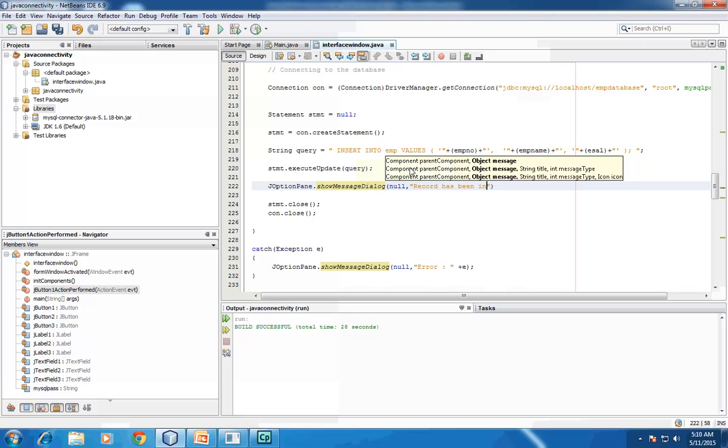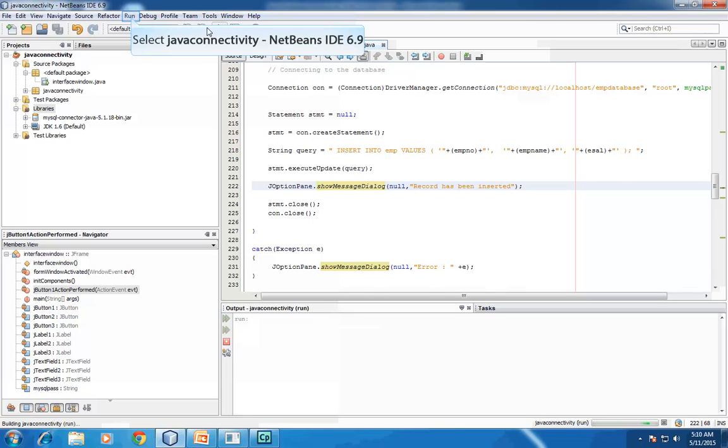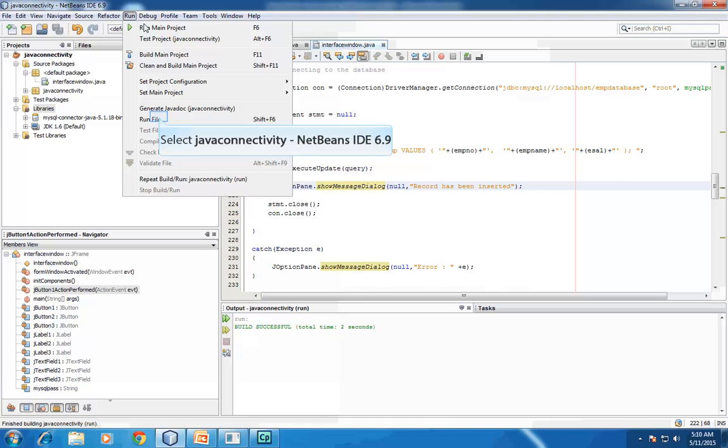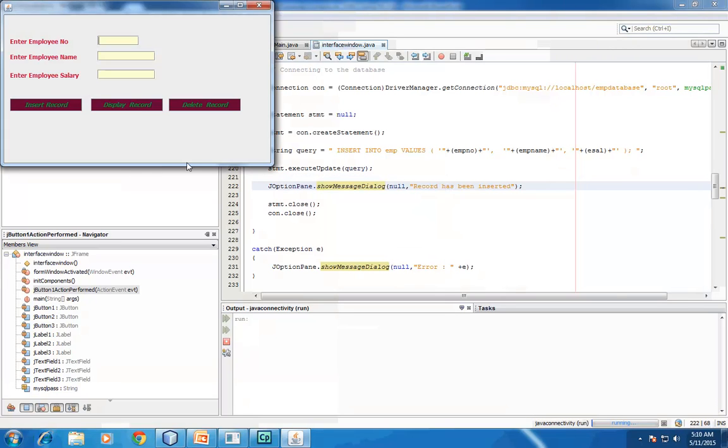Okay, this is okay. Now let me compile again, run file, enter the password, and then say Deepak, and say the salary is 25,000. Say insert record. Okay,